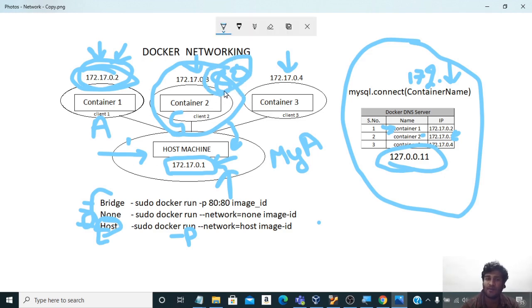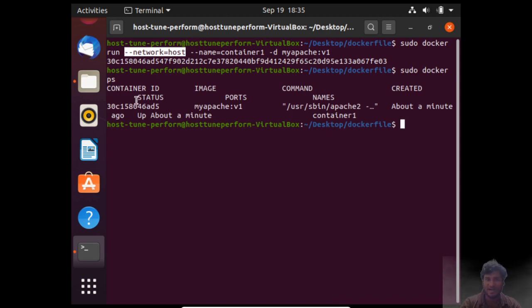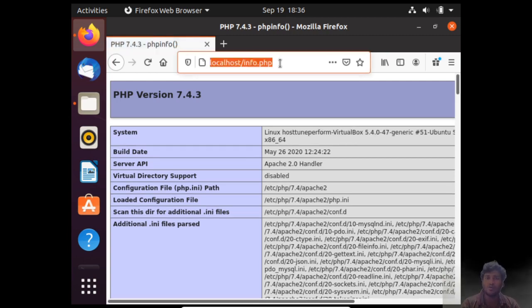So this particular port is already mapped to the host. This is what it means. So I will just go back and say sudo docker ps. You can see that one is already running, and it does not have any ports mentioned out here. But if I go ahead and copy this and run it, then localhost will run itself again.